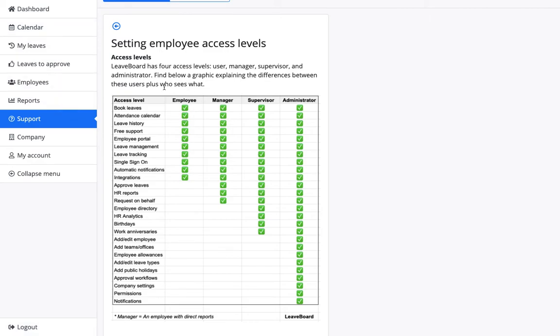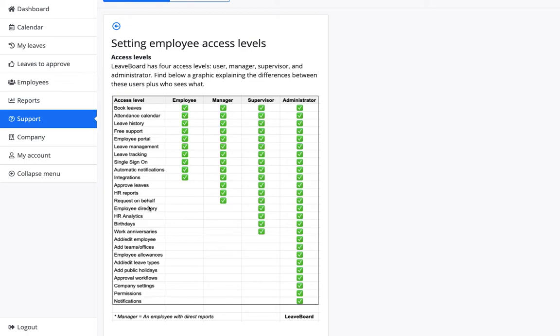And you see on this page, in this chart, that the employee will have the least amount of items. Then there are the managers, which are given automatically to employees who have direct reports,